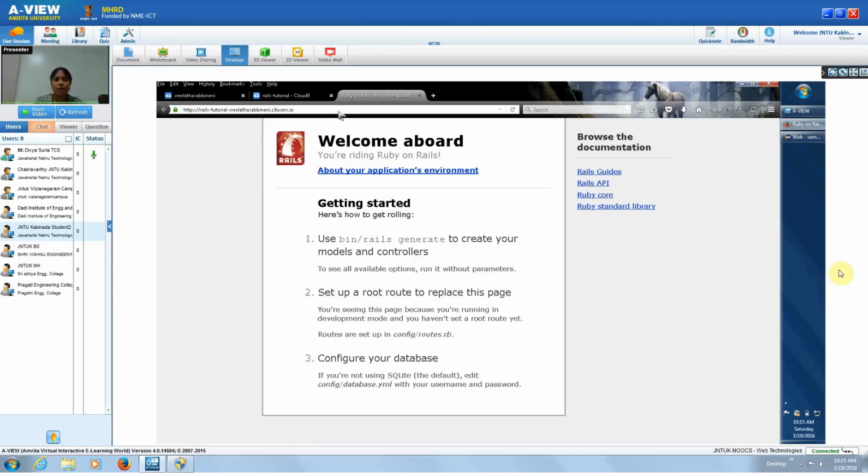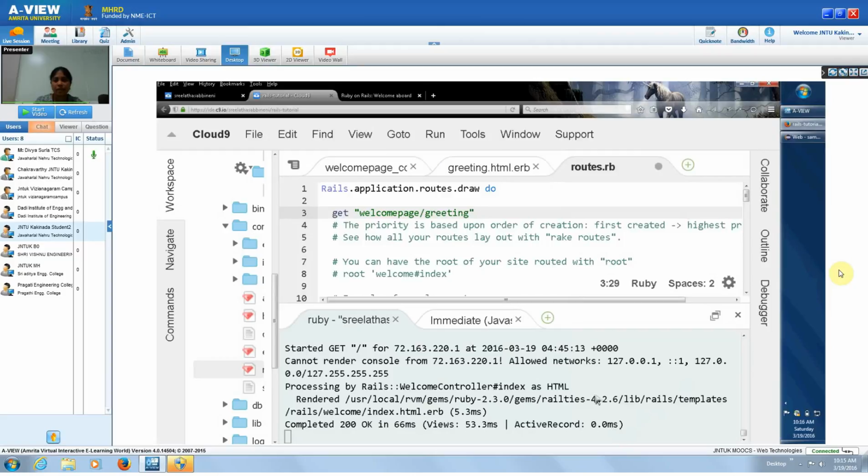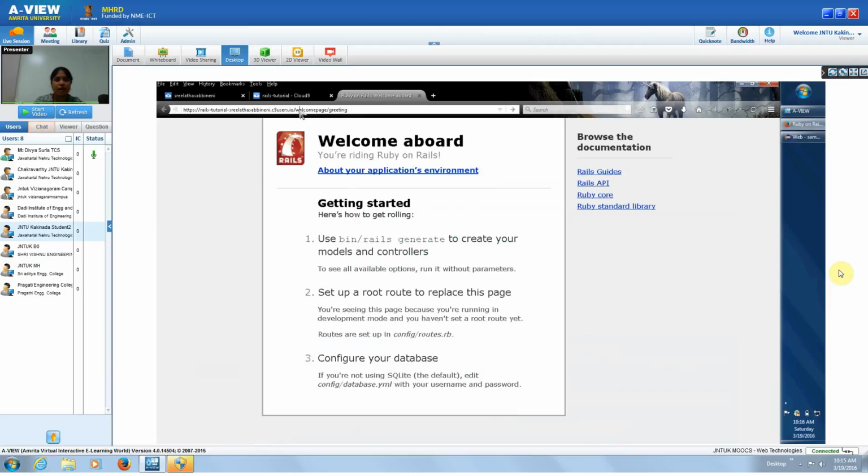Now I will go to the address bar and add /welcome page/greeting to the base URL. I have kept the base URL that is specified here when I started the Rails server, and then I am adding /welcome page/greeting to this base URL. Now if I try to access this greeting,